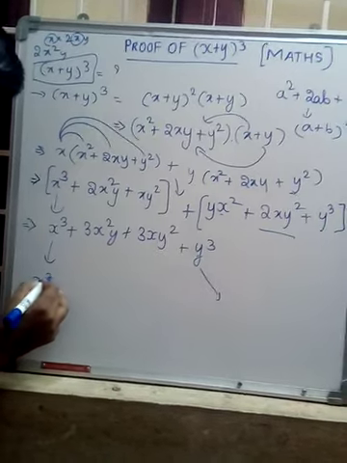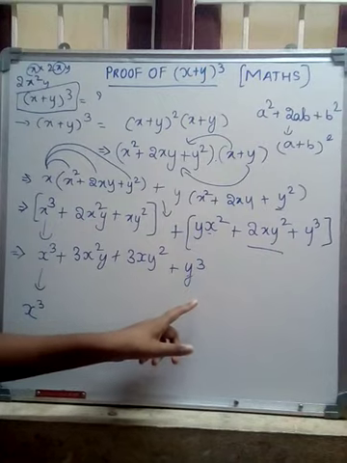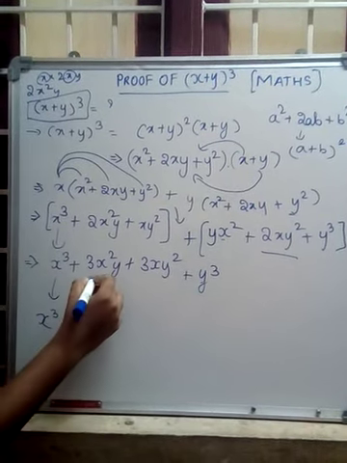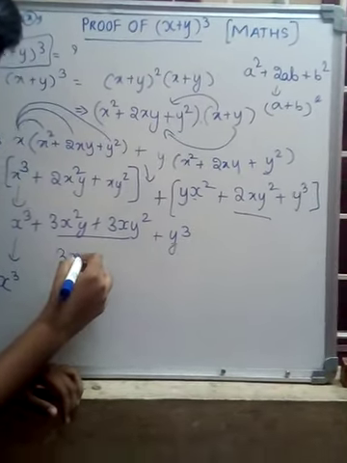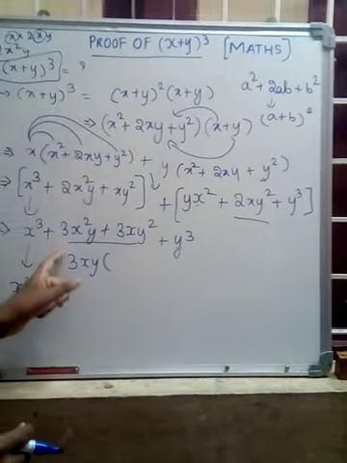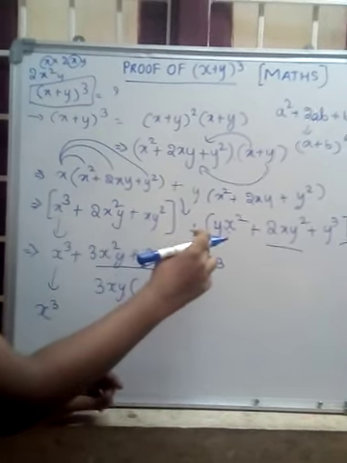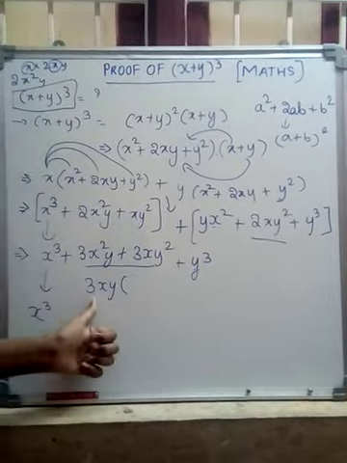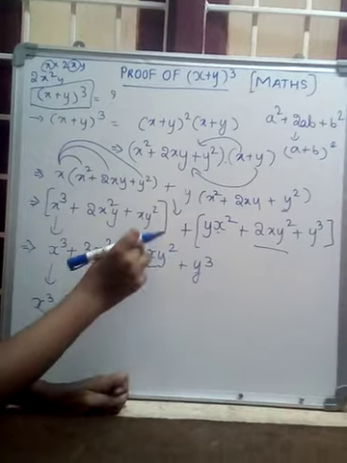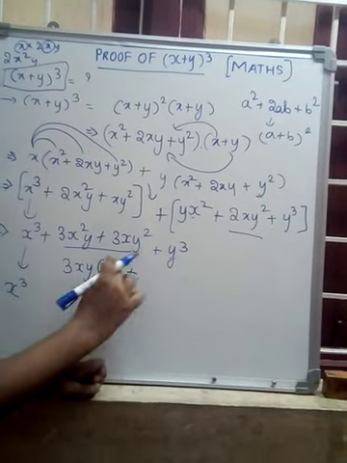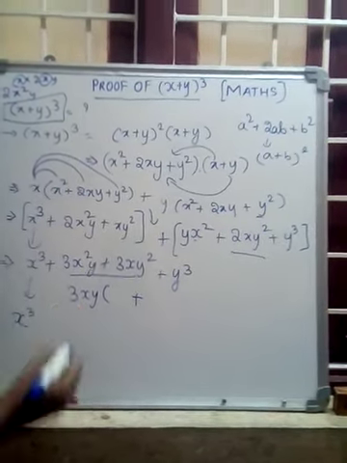Write as it is x cube and y cube. Y cube also same as it is we have to write. Here we have to take common. We can take 3xy as common. That is 3x square y plus 3xy square. We can take common as 3xy. In 3xy, we have to choose both, that is addition in the middle. We have to write both of the letters so that it becomes satisfied.